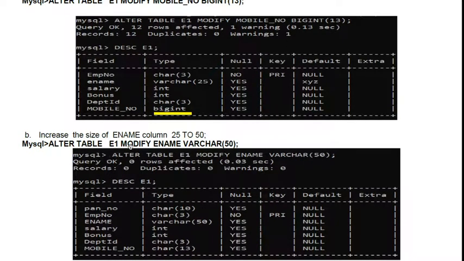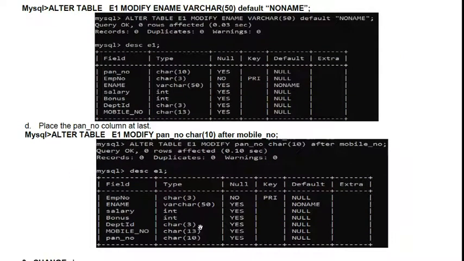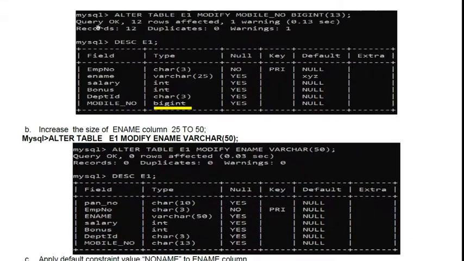Alter table E1 modify ename varchar 50. See, with the describe command you can check. See, ename varchar 50. Now next query.